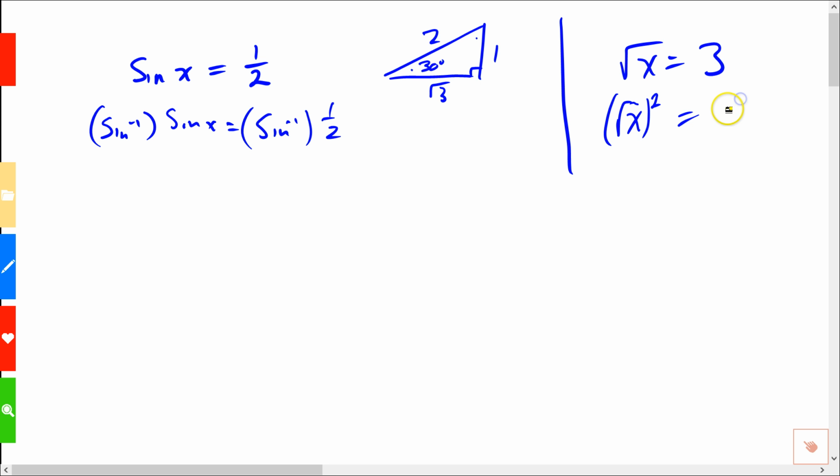Whoops, I squared both sides. I didn't multiply by 2, I didn't multiply by square. I plugged both sides into a function to undo the function that was already over here. This is x, this is 9, right? So this right here is suspect. I have no idea what's going on right there. So